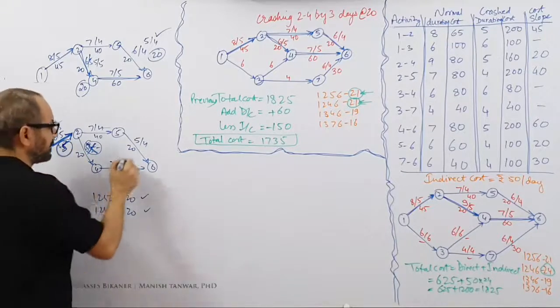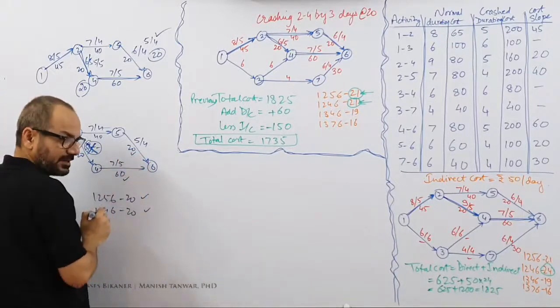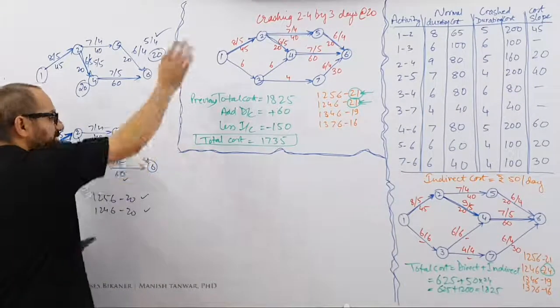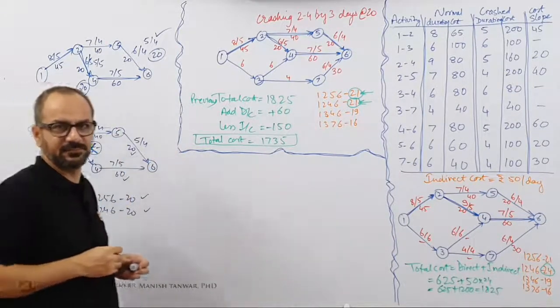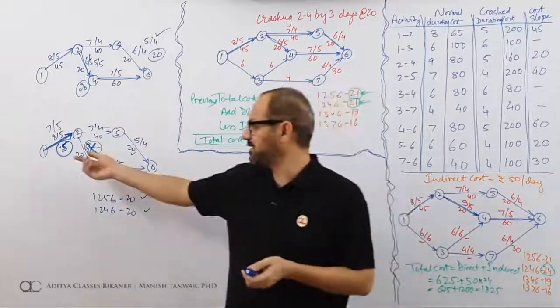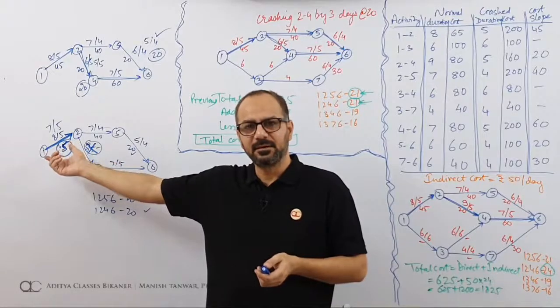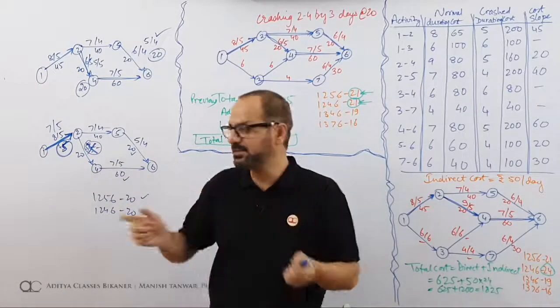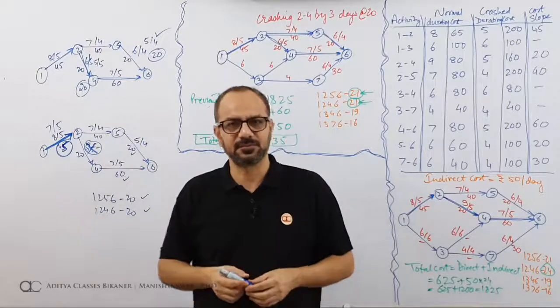So which is better? Making a payment of 20 and 60 over here on different paths. See, I'm giving 20 rupees to this team. I'm giving 60 rupees to this team to speed their task up. Instead, what I could have done is, I could have given the additional resources to a common path. So I'm making a payment only once, but both these paths are getting reduced.